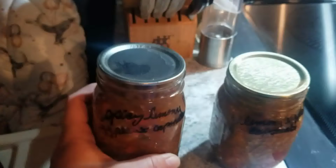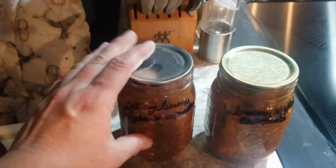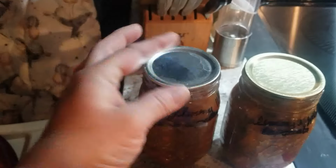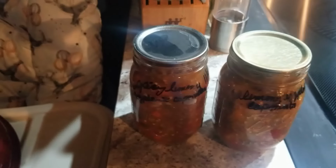I'm going to put both of these jars with the chicken and the noodles and hope that it cuts into the spice. There's a little dust on there. And we are having that for dinner